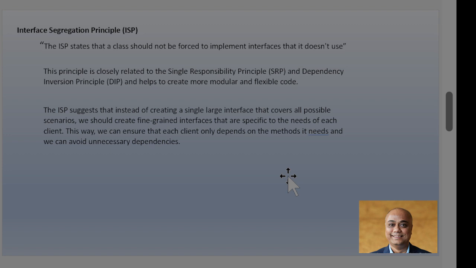it doesn't use. This principle is closely related to the single responsibility principle and dependency inversion principle and helps to create more modular and flexible code. The ISP, interface segregation principle, suggests that instead of creating a single large interface that covers all possible scenarios, we should create fine-grained interfaces that are specific to the needs of each client. This way, we can ensure that each client only depends on the methods it needs and we can avoid unnecessary